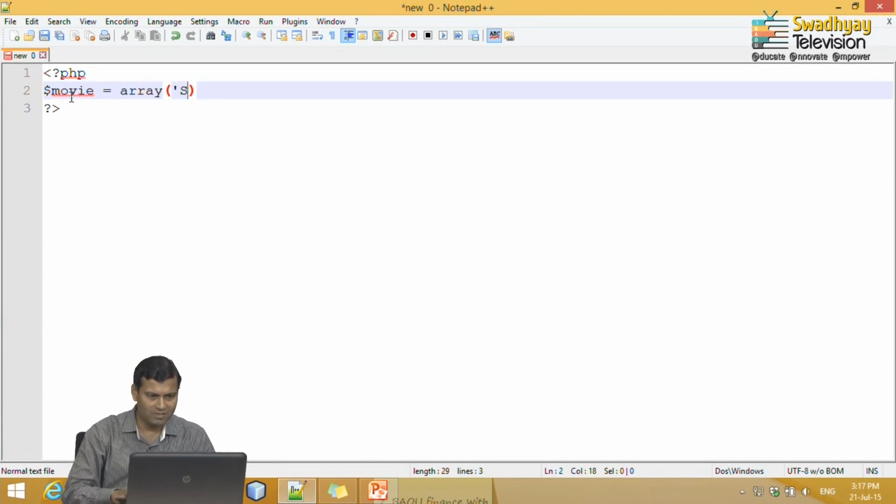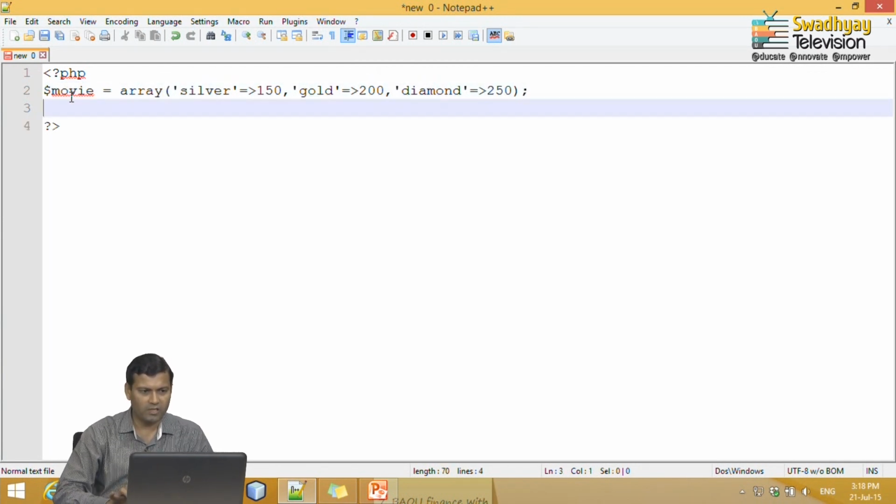The first one is silver class, and the price associated with this is 150 rupees. For gold it is 200 rupees, and for diamond it is 250 rupees. So, here I create one associative array, movie, which has three classes: silver, gold and diamond.